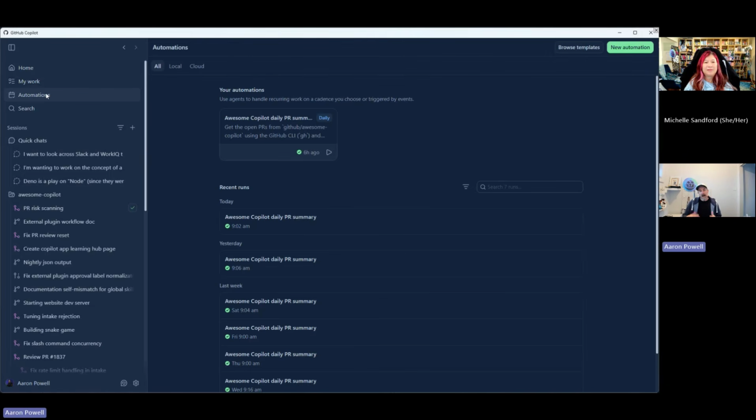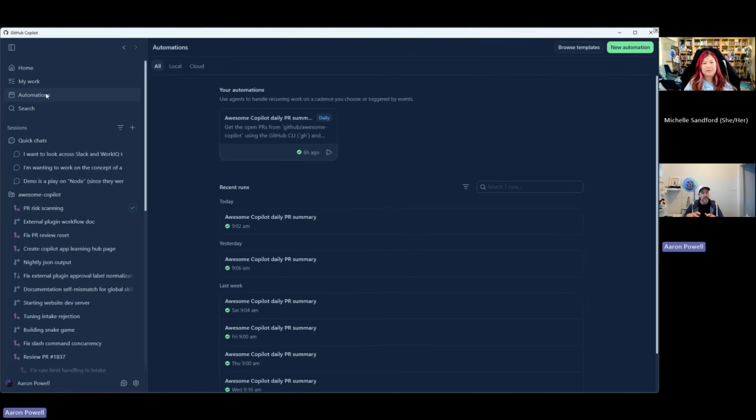But the way that I actually tend to use this to start my day is to do a triage of what's happened with Awesome Copilot over the previous 24 hours, because we get a lot of pull requests and a lot of issues of people submitting new plugins and stuff like that. I want to start my day with a summary, because generally that happens on European and US time, which means I end up with a huge amount of stuff there. So I could open up github.com, go to the issue list, go to the pull requests, and do that filtering there.